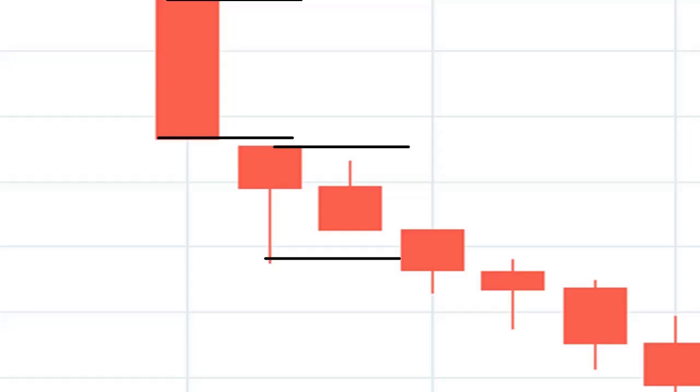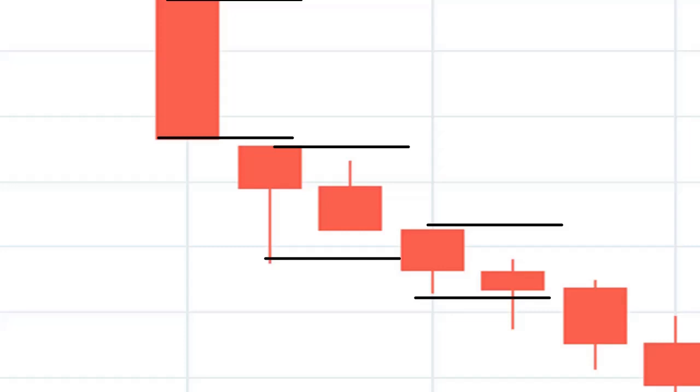Now in the second candle you can see I have marked the high and low as per the second step. Now for the third step we are waiting for a candle to close below it. So you can see that the third candle has not closed below the high and low. So we are not considering the third candle, but we can see that the fourth candle has closed below the low of the candle. So we are going to consider this as a relevant candle and we will mark the high and low of this candle.